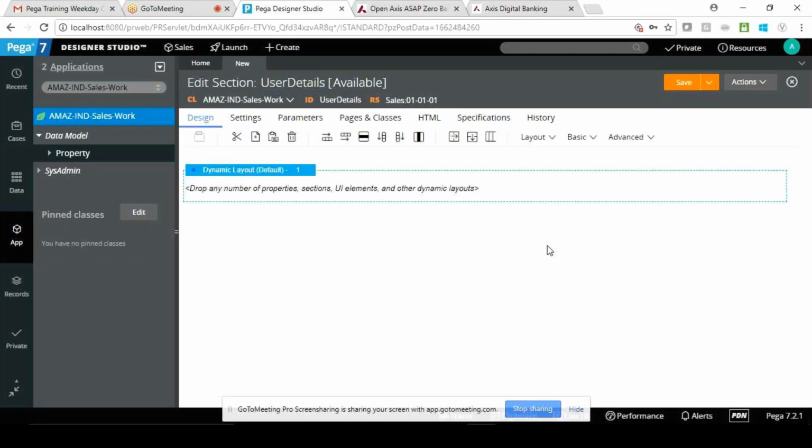So it is open. As we discussed, a section is an HTML5 supported environment. Okay, so the backend for this section is HTML5 script. Okay, where we have different layouts here, where we can represent our properties or any of the links, buttons, or any of the images. Anything can be shown by using sections. If you want to show anything to the user, we have to show it through sections only. There are no other options to show the user. Okay,